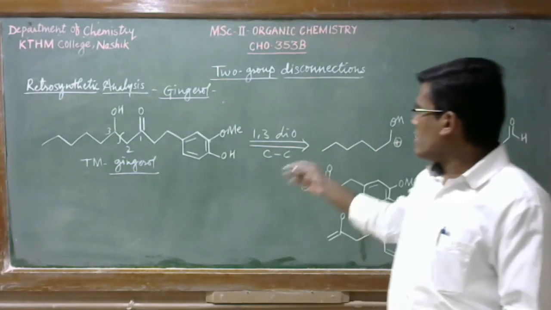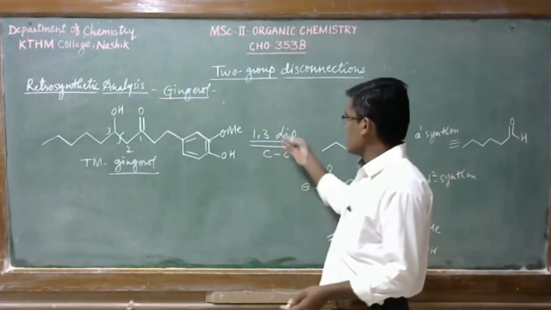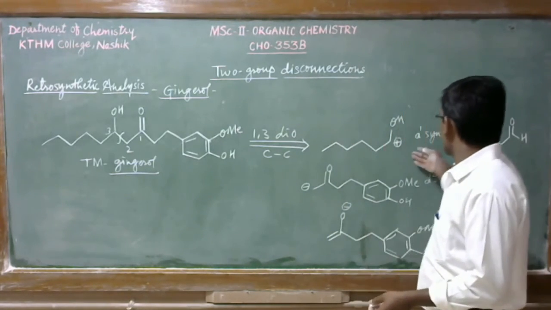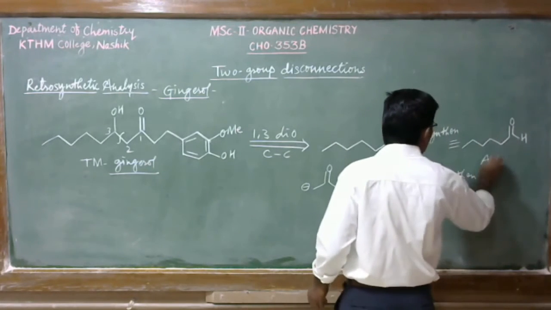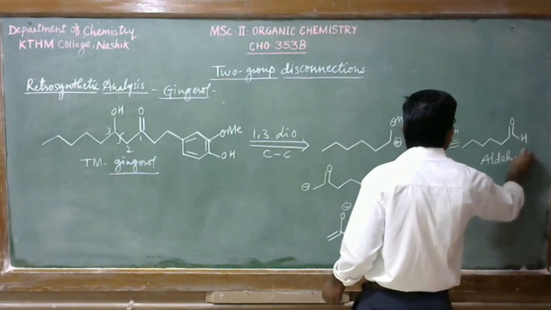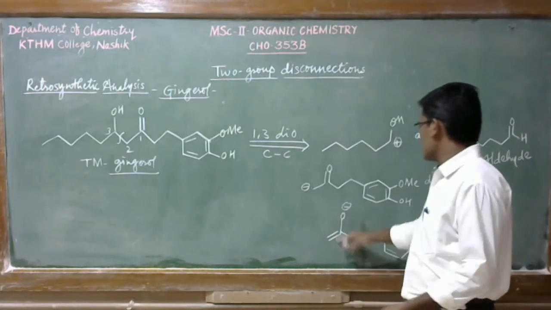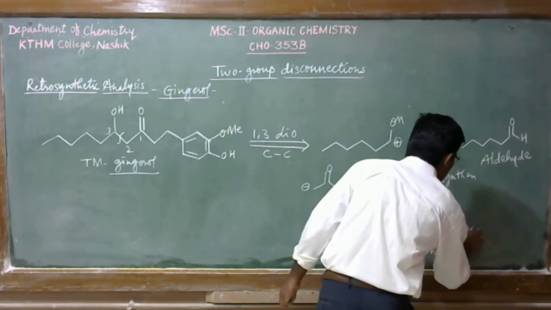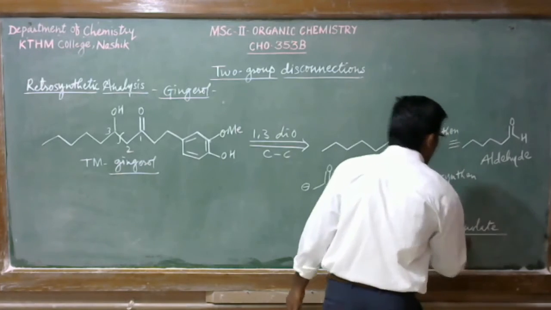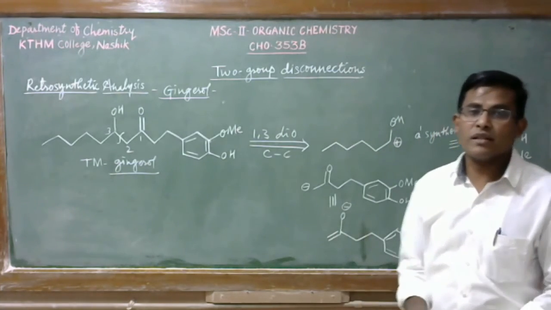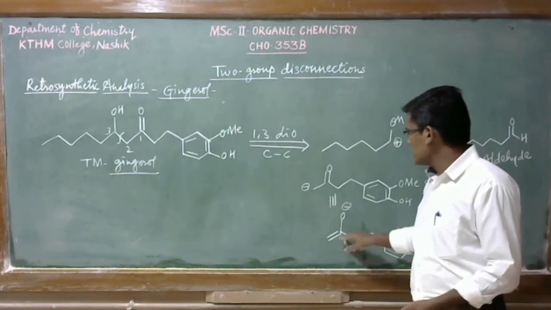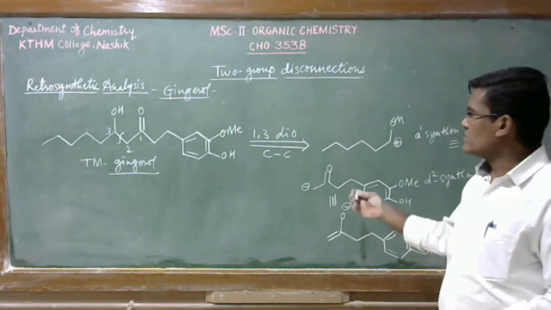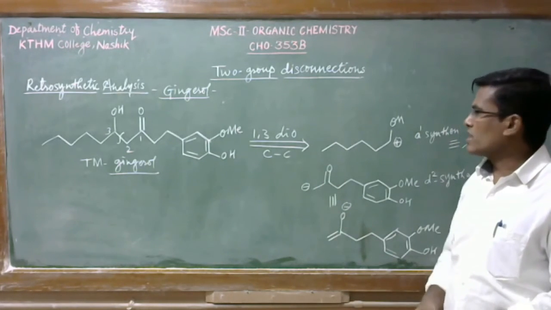So when you give this bond 1, 2, 3 cleavage, we could get these two synthons. The A1 synthon is equivalent to this aldehyde, and this D2 synthon is equivalent to this enolate, which can be generated from the corresponding ketone with the help of base. So this is how we can do the retrosynthetic analysis for this particular aldol.